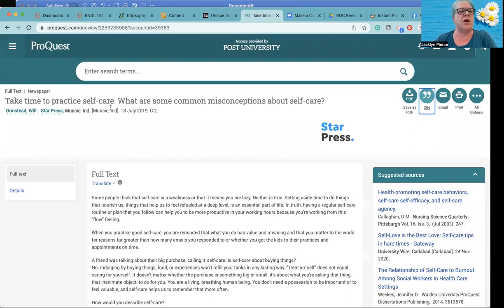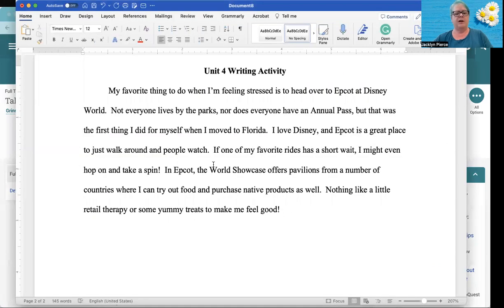So this particular article was published in the Star Press. The author's name is Will Grinstead. And then, of course, we have the article title as well, Time to Practice Some Self-Care. What are some common misconceptions about self-care? So I'm going to start my paragraph out with talking about this article and establishing what this article is. So Will Grinstead's